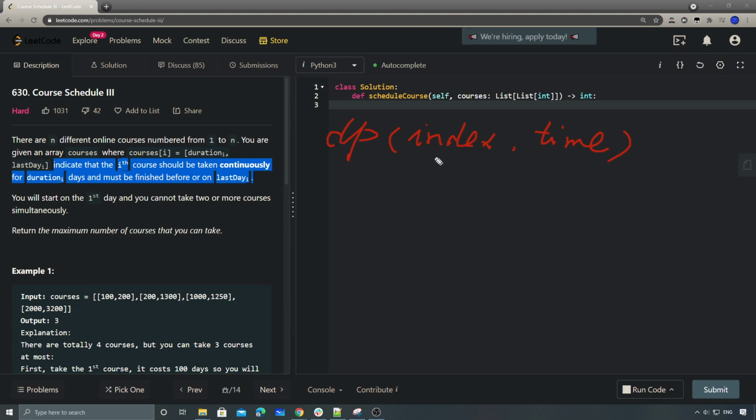For each course we have the duration and the last day. If the duration plus the current time is within the range, not exceeding the last day, then we know we can take this current course. Then we should increase the answer by 1, and then we do the DP of i plus 1 with the updated time. And in the end, among all the possible scenarios, we return the one that gives us the maximum number. So that's the first solution,